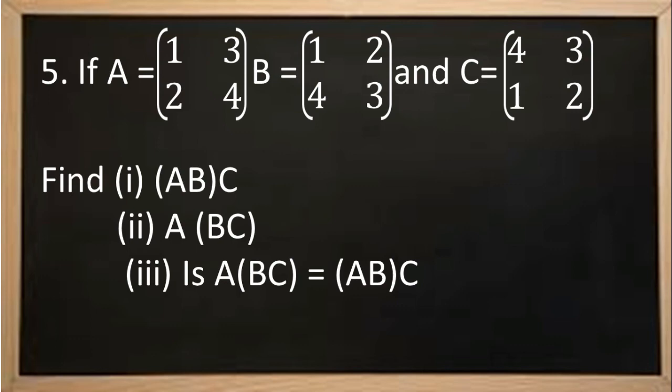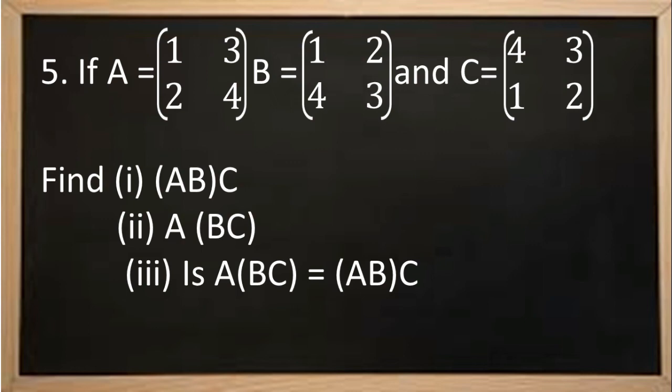All three matrices are of order 2 by 2. Hence they are square matrices. In the first question, it is asked to calculate AB into C. Just observe the bracket, children. Here in the matrices chapter, we cannot multiply three matrices together. It should be only two. So it is A, B, C, and it is clearly mentioned with the bracket that AB is first and then C in sub question 1. In sub question 2, BC is first and the product of BC should be multiplied with A.